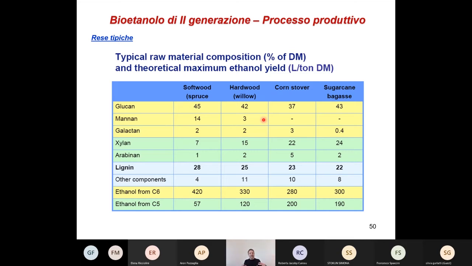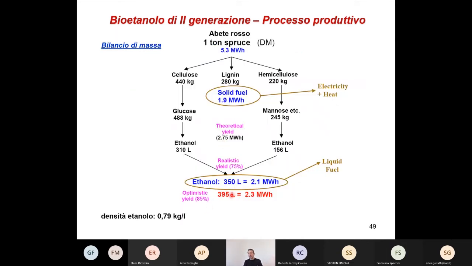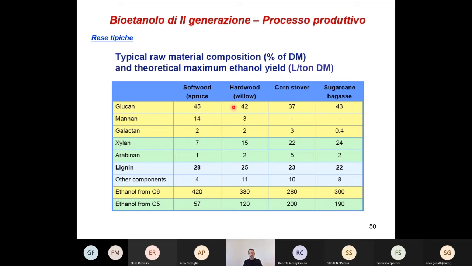And of course, with this biomass, you have a lower efficiency than the one we saw here. You can see from the results here, 450, 480 final efficiency. You can also have agricultural residues, for example, corn stover or sugarcane bagasse. These are residues from the corn and sugarcane pathways.